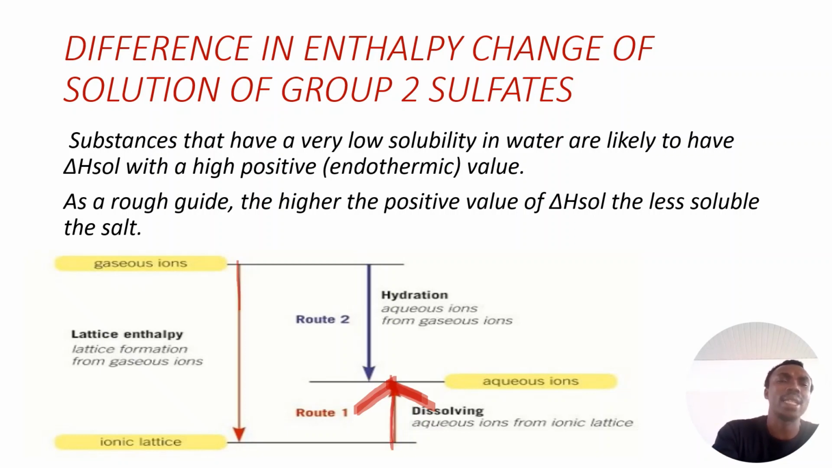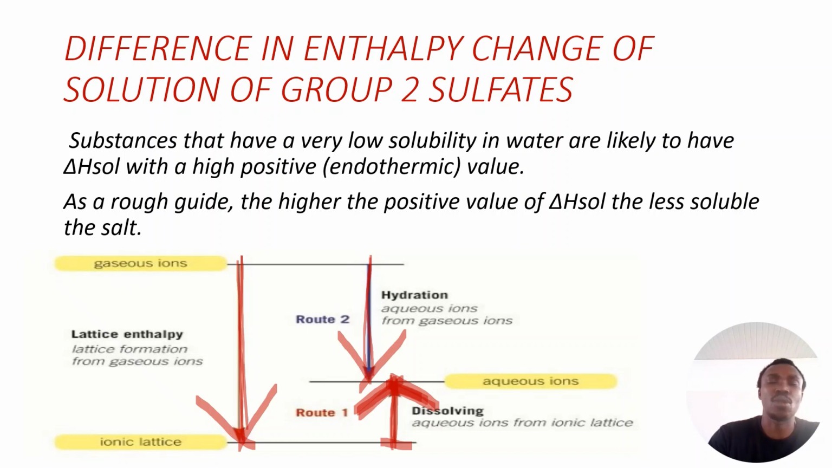Look at the lattice energy. The arrow is moving downward, indicating that it's an exothermic process. Lattice energy is always exothermic. If you look at the enthalpy change of hydration, look at the arrow moving downward. Enthalpy change of hydration is always exothermic. So from the direction of the arrow, that indicates that the enthalpy change of solution is